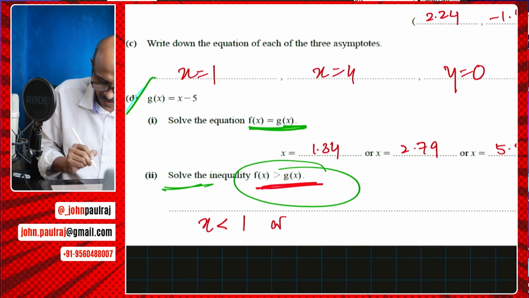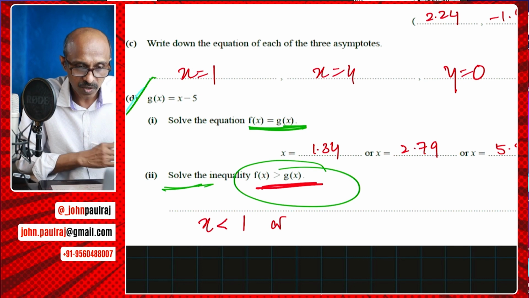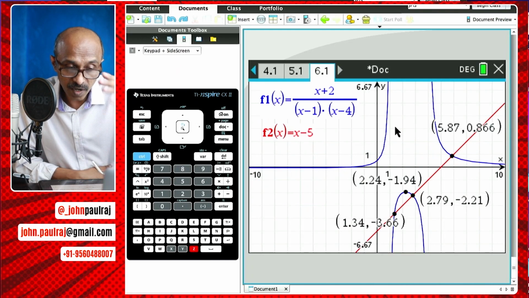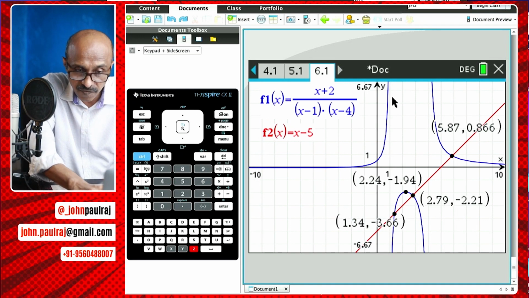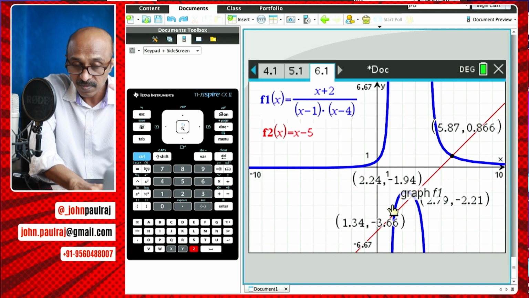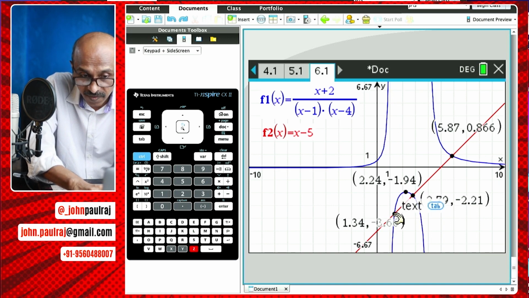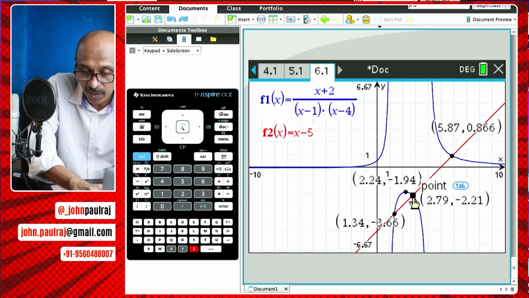Or, okay? That's how you combine. So x less than 1, that's when the blue graph is above the red graph. That's the first vertical asymptote. And then from the first vertical asymptote, because the value x equal to 1 is not part of the domain, from the first vertical asymptote to this point of intersection, which is an x value of 2.79,